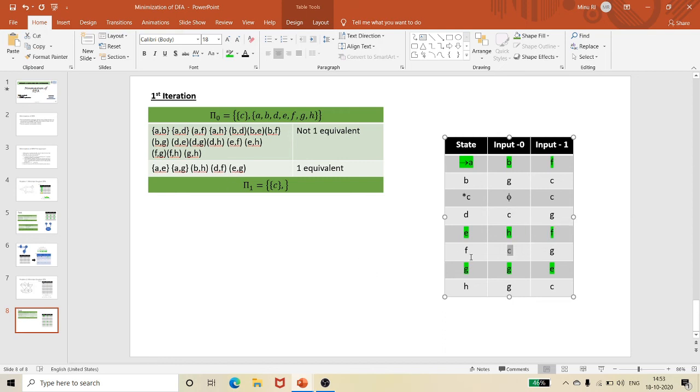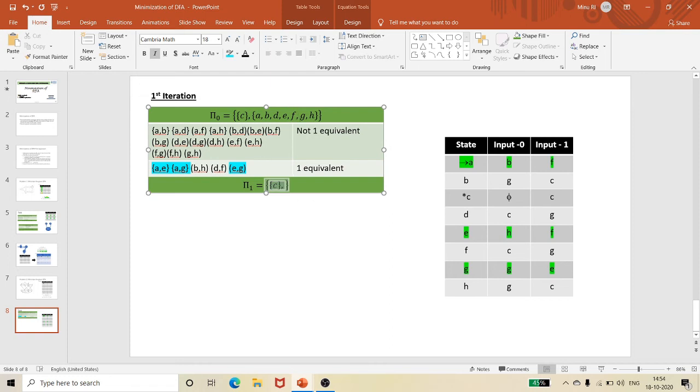Then E and G is already a set. So now I can make this E and G and this A, E and G a single set, because when we create this as a single set, when I am getting an input of 0, it will go to a single set. That is my A, B, C, D, E, F, G without C, and when I am combining this, it is going to be my single set.